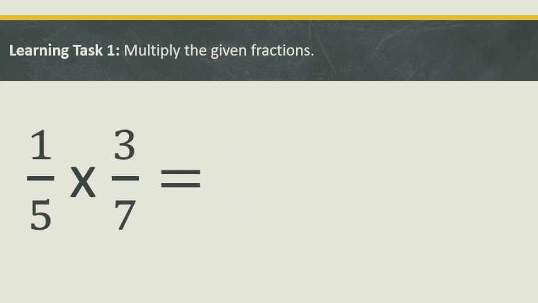Okay, next. So, we have 1/5 and 3/7. So, 1/5 times 3/7. So, unahin uli natin ang numerator. So, 1 times 3 is 3. And then, for our denominators, 5 times 7 is 35. So, meron tayong